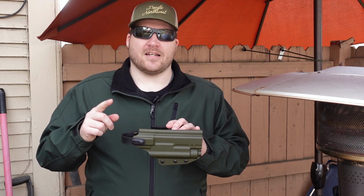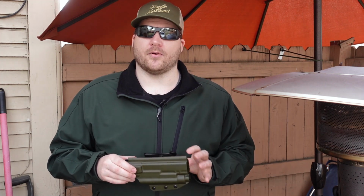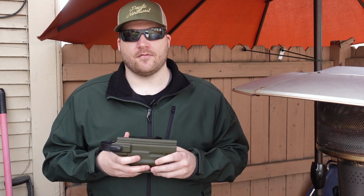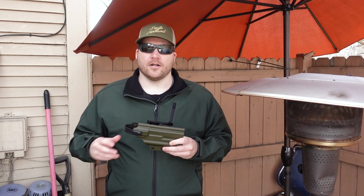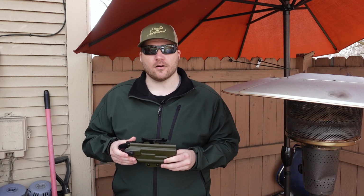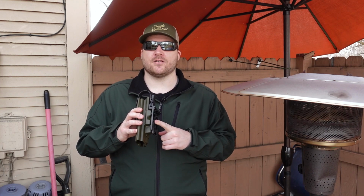Now, a couple things about this. I did not get it with the optics cutout because I am no longer running a red dot sight on my firearms. I will have a video hopefully coming up soon about why I no longer run an optic on my firearms. So with the Centurion holster, it does come with a couple different attachments, either for drop-down Safariland's QLS